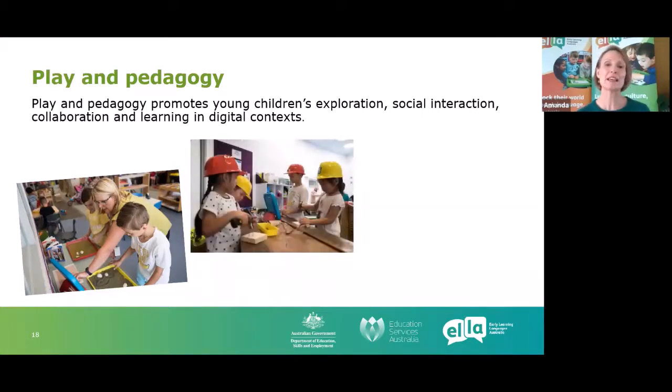Promote play that uses the digital alongside the hands-on. So make sure that your play spaces allow for that real blurring between digital play and traditional and hands-on play. Now you can see here that this teacher's put the tablet device on the hammering table. You might not feel quite comfortable doing that at this stage. Those children had been accessing these tablet devices all year, and the teacher felt quite confident putting them out. So they were doing a construction activity on the tablet device and then talking about that in their real life